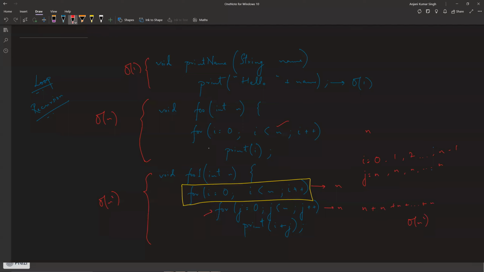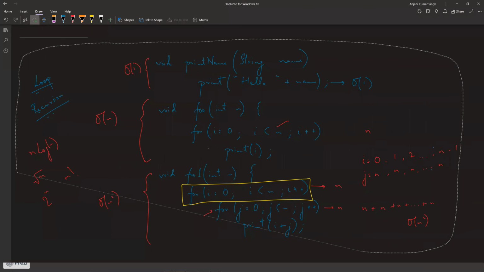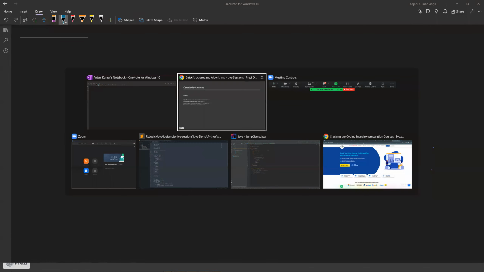There are more different types of time complexity, such as n log n, square root of n, 2 to the power n, n factorial, and we will be covering all of these in future sessions, when we start our entire course. For now, I just wanted to give you a brief introduction of how this entire thing works. All right. So now let's move on to the